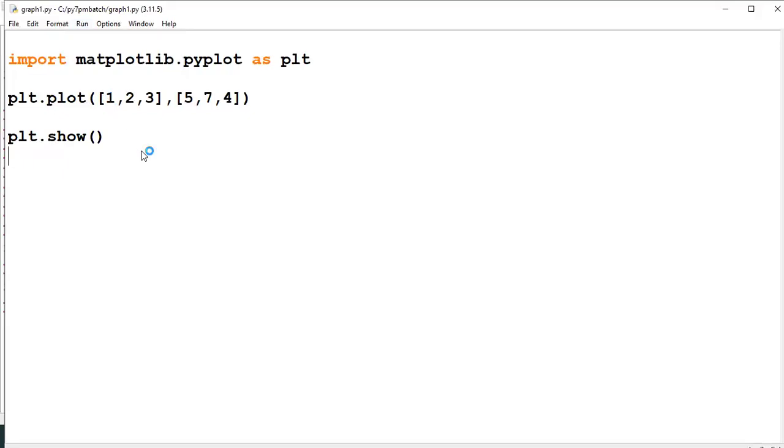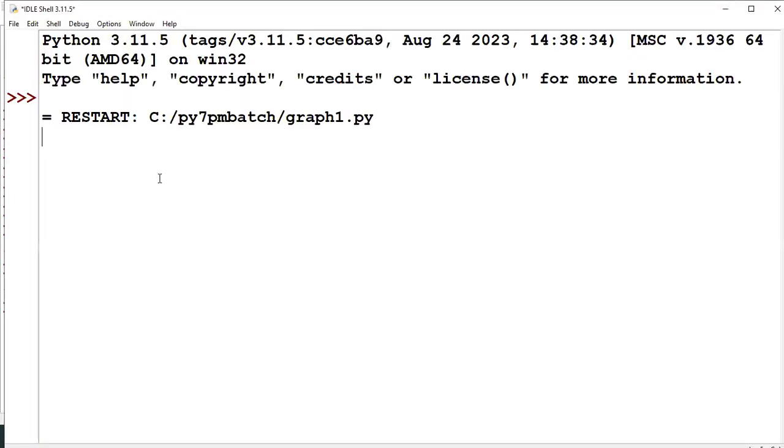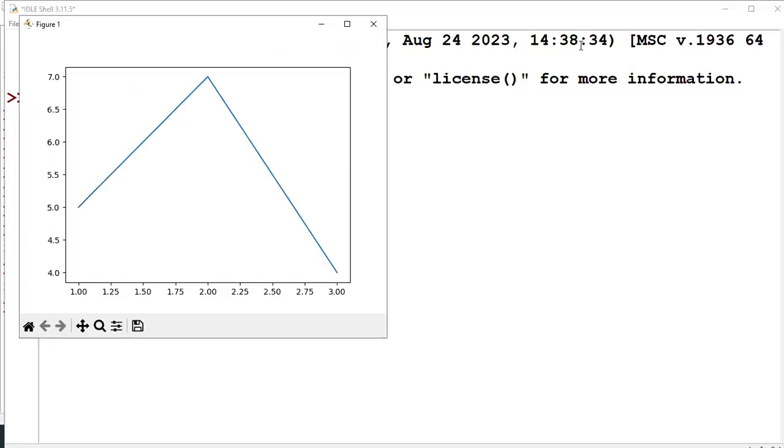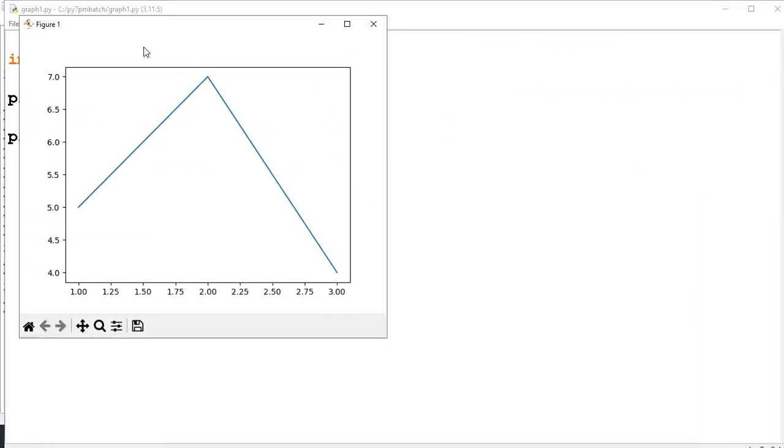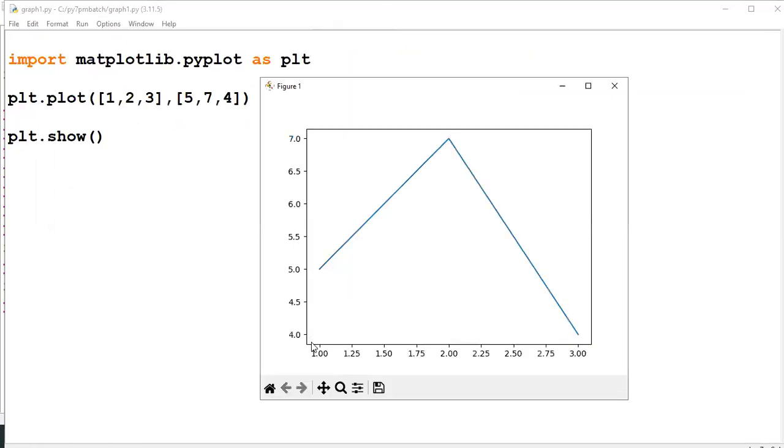Run module, right? Yes, you can see run module. It takes 2 seconds to generate a graph. Now can you see a graph is generated? 1, 5, 2, 7, 3, 4, 1, 5.